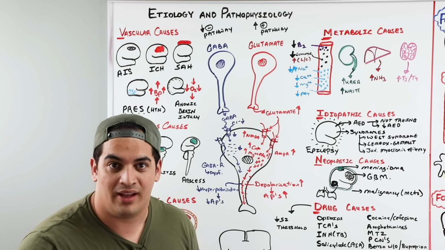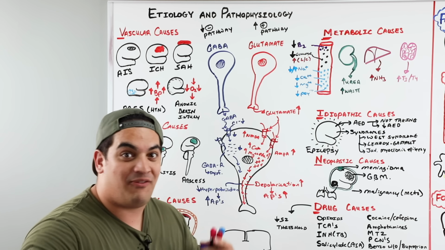So you lead to an increase in action potentials, which leads to abnormal, excessive electrical activity that is synchronous within the central nervous system, whether it be due to a decrease in the inhibitory pathway due to GABA receptor dysfunction, or an increase in the glutamate pathway via the increase in glutamate or increased sensitivity of those receptors to glutamate. That is the method, or the pathophysiology.